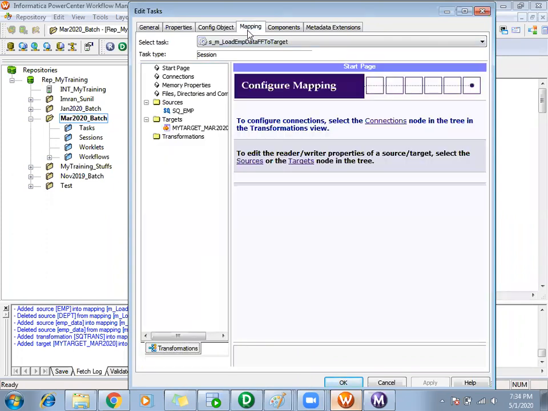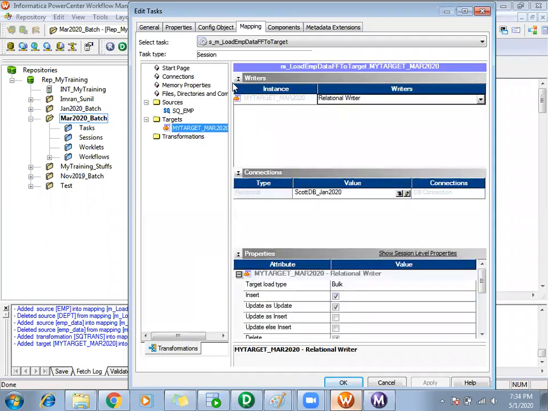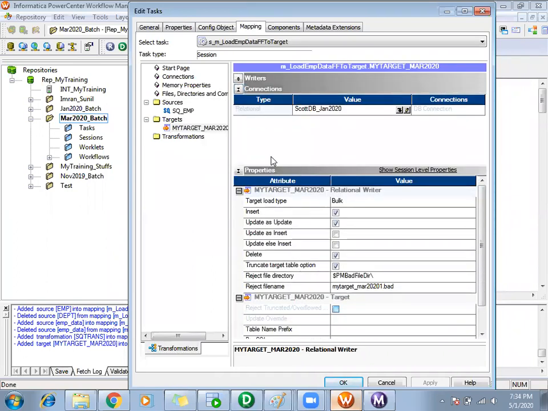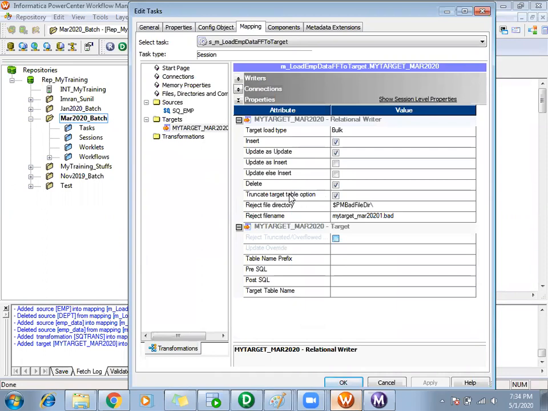And in my mapping tab, for each target, we have other properties here. Till now we have seen this truncate table option. Apart from that, we have insert, update as update, update as insert, update else insert, delete. We'll see what all these are.